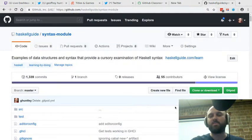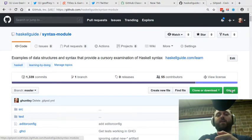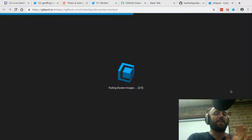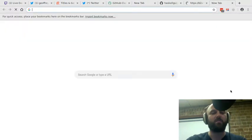So this is Gitpod, and I'm so glad Christoph sent in Gitpod and introduced it to me. There's this little button down at the bottom right-hand corner for Gitpod, and if you click that button, it actually spins up something that's not Visual Studio Code, but is very much like Visual Studio Code. It supports the language server protocol, the LSP, and what's really cool is I've created a whole bunch of Docker templates,